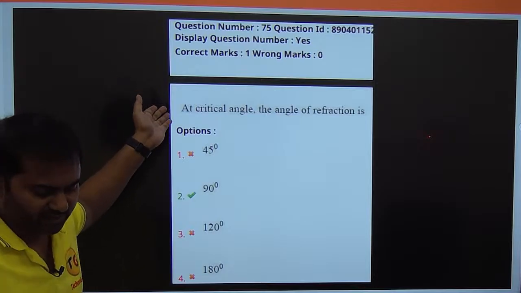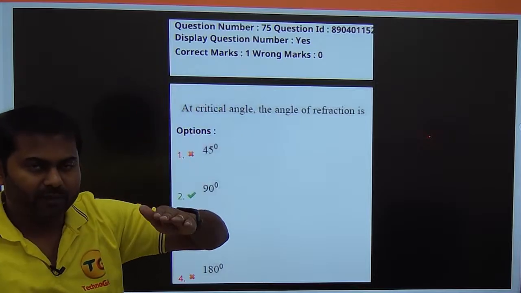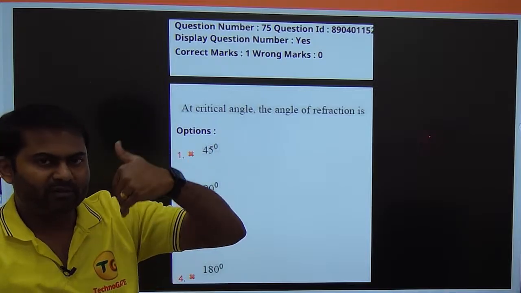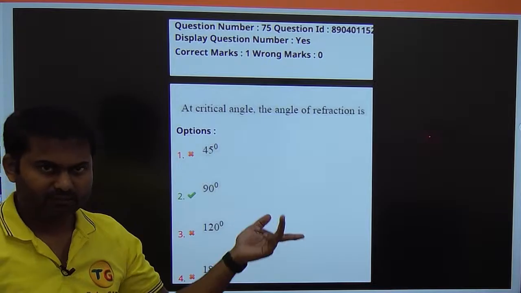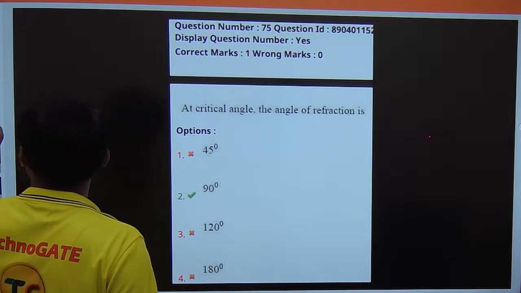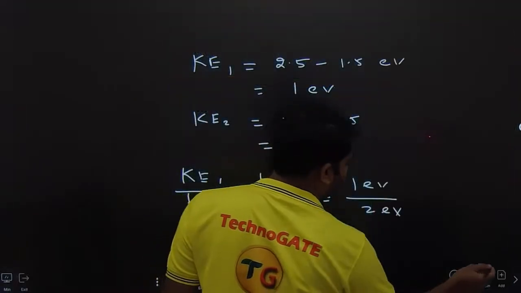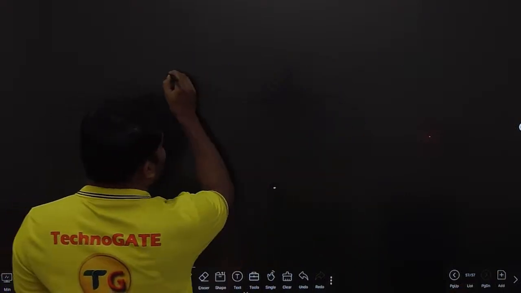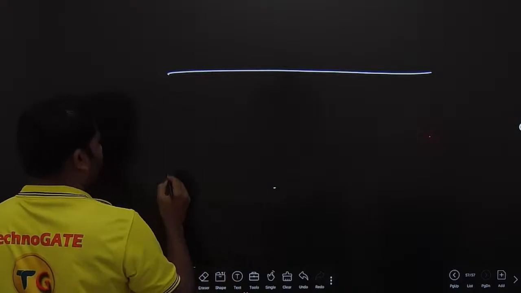The critical angle is the angle after which the light will be reflecting back. Okay, I'll just show the picture which will make you understand. We need to consider the angle of refraction. So basically you are sending light, this is the surface here, it is medium 1